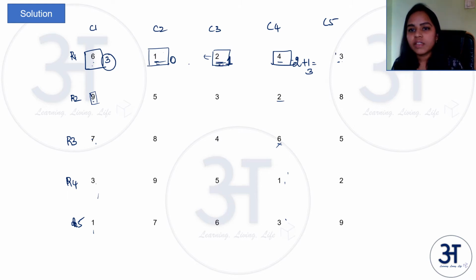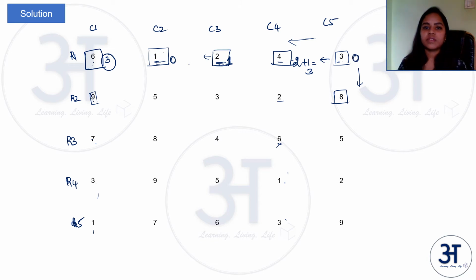Let us look at row 1, column 5, the number 3. There is immediately one number which is greater than 3. So in this row, irrespective of whatever other numbers, no one can reach 3. In the column again, here it is 8, so no one can reach 3. So it is 0.